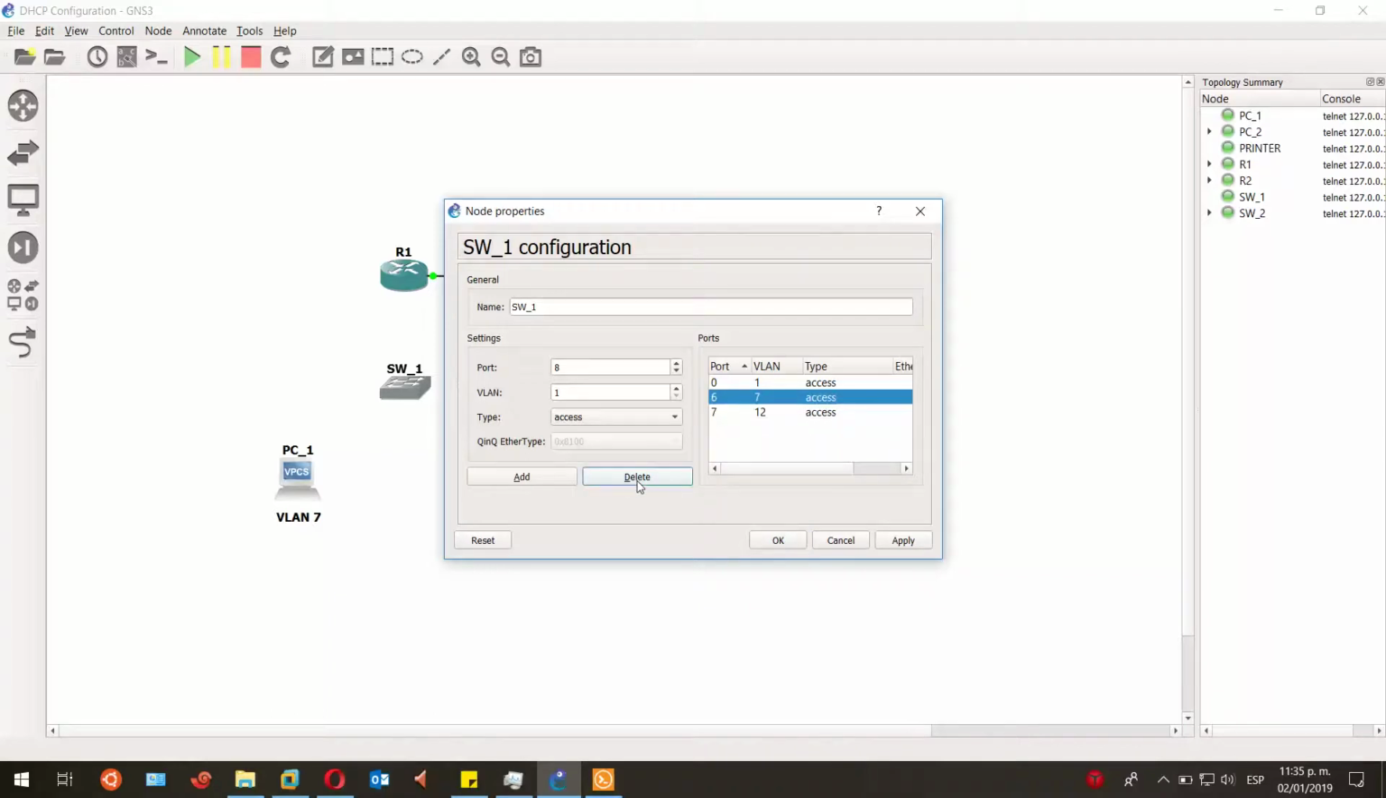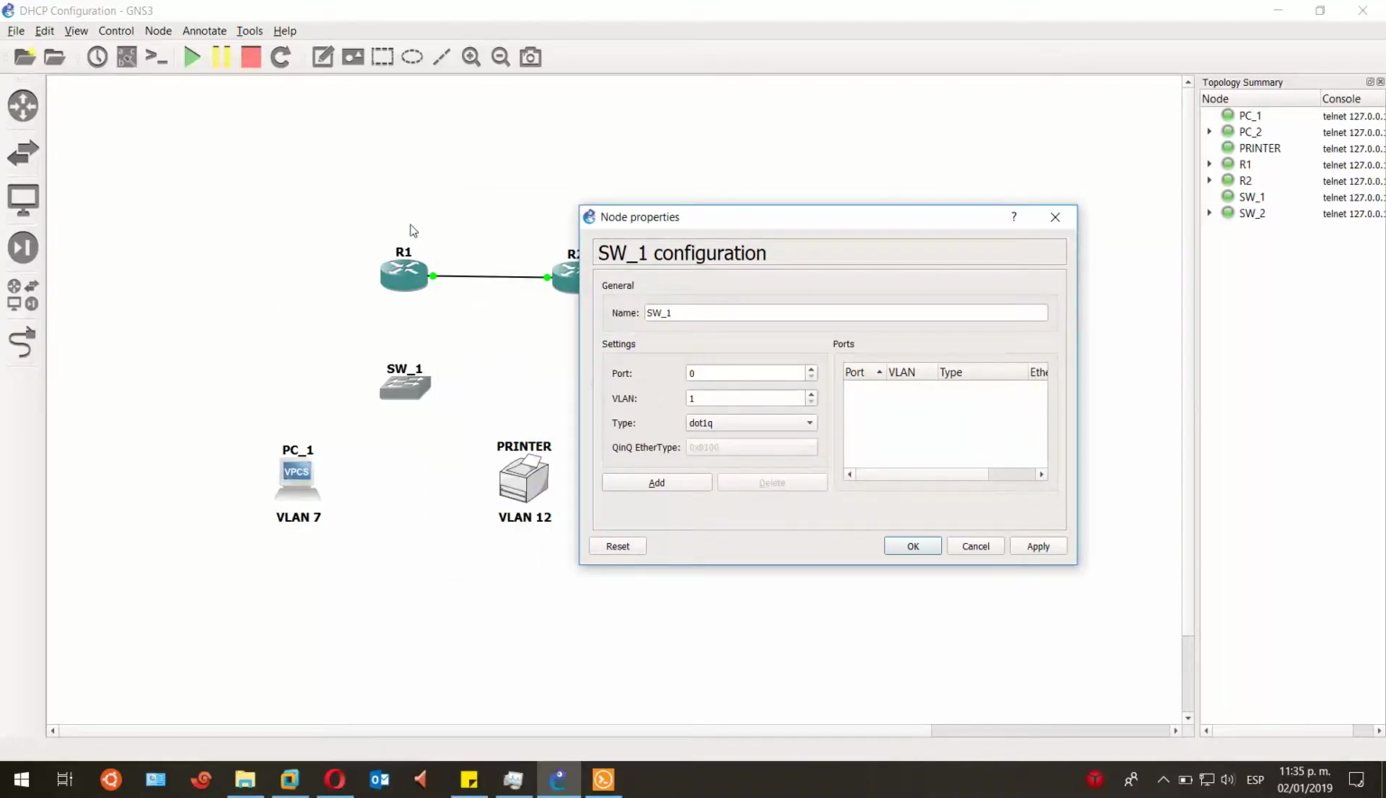I'm gonna delete all of them, and the first port, which is the port 0, I'm gonna be assigning as a .1Q, which is a trunk, since the port coming from the router 1 is a router on a stick, which means it encapsulates traffic with tags. So let's add it. Next port is going to belong to VLAN 7, which is going to be the port 1 facing the PC1. Add, then